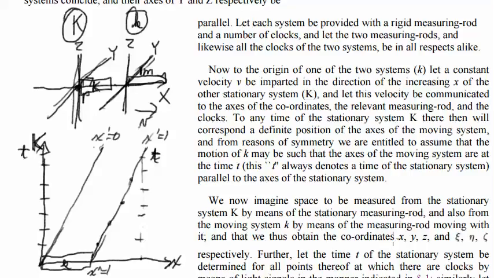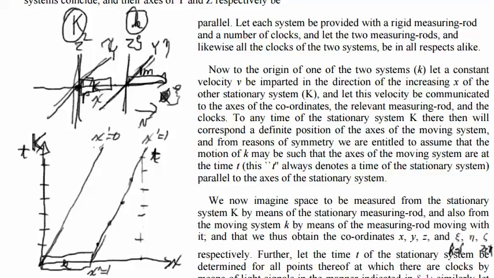And that we thus obtain coordinates x, y, z, and xi, eta, zeta, respectively. So this will be measured in little x, little y, little z, and this one would be measured in xi, eta,